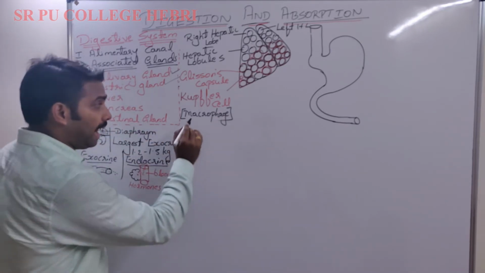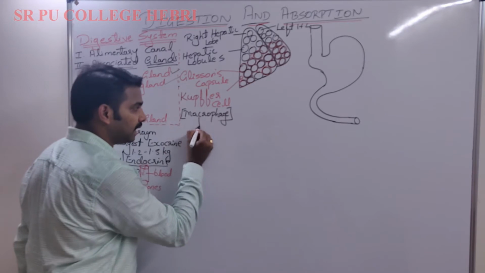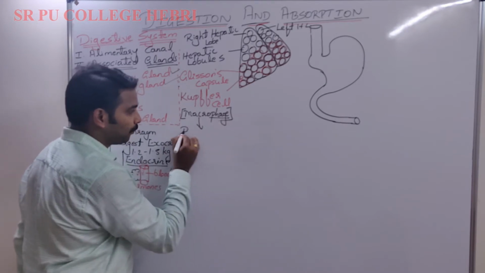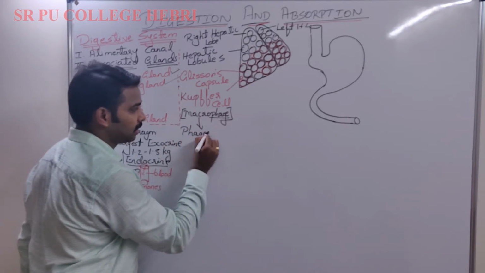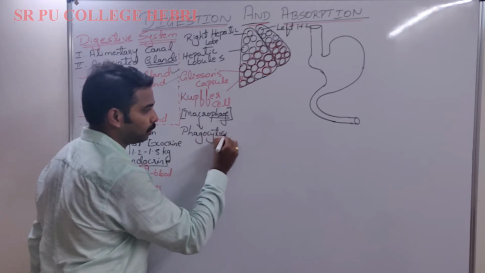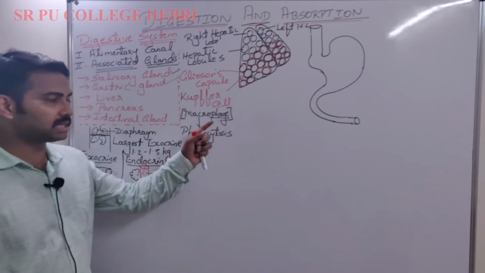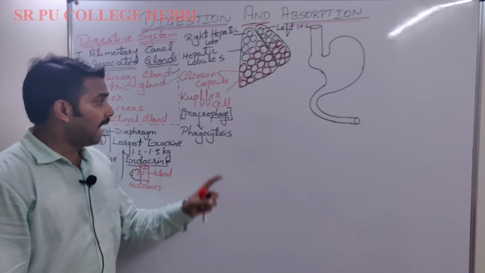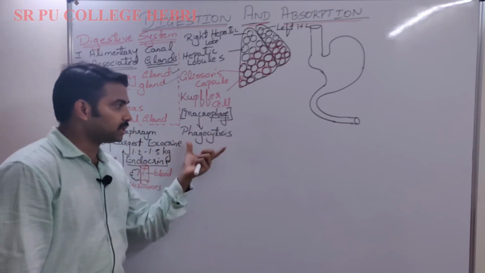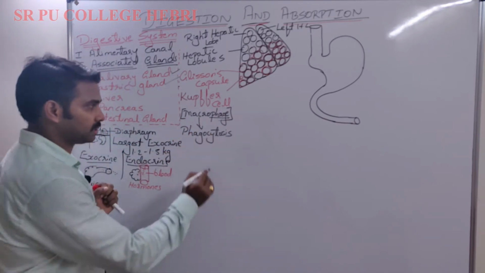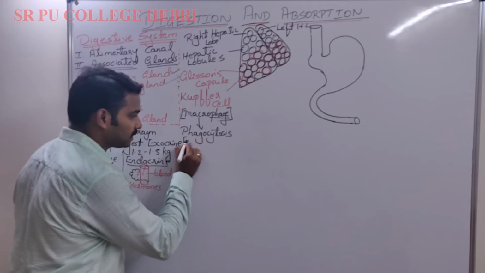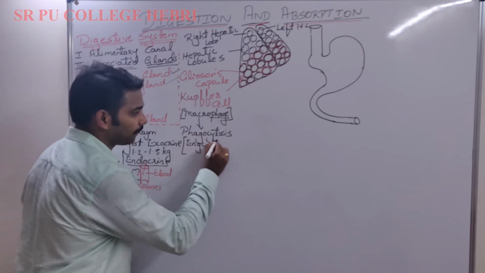Macrophage. Macrophages are those cells that help in phagocytosis. You are learning one by one term, don't worry. Macrophages are found everywhere in the body and they are those cells which help in what? Phagocytosis. What is phagocytosis? Engulfing